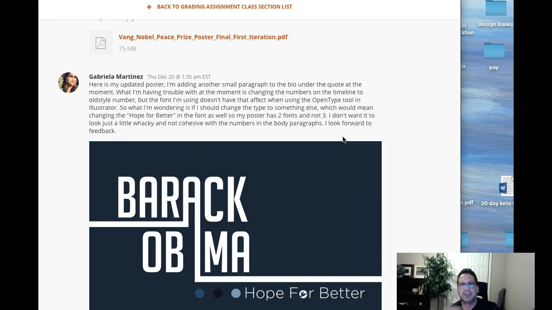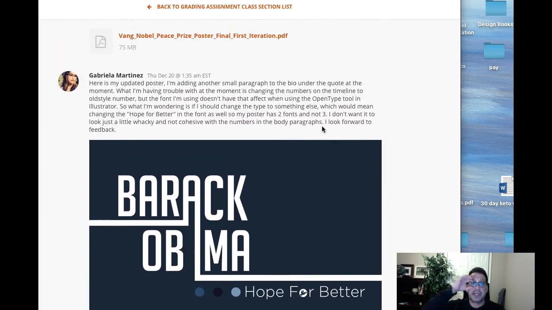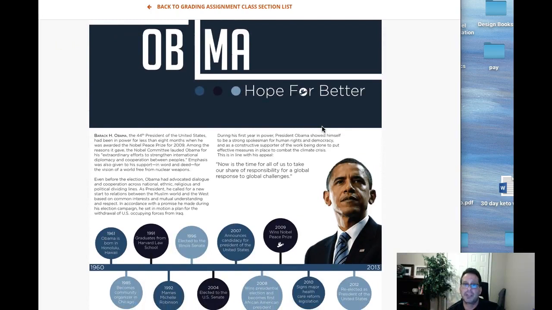Theoretically, you wouldn't have to change to old style numerals in a document if the typeface you have chosen doesn't have OpenType capabilities for them, but adding a typeface that can visually stand up to the original typeface is a great idea, and I'm fine with that. Keep in mind, you don't have to use old style numerals. It's preferable, and it looks great, but if they're not available in the typeface, then that's just the way it is, right? And the same thing with small caps. They may look fantastic, but